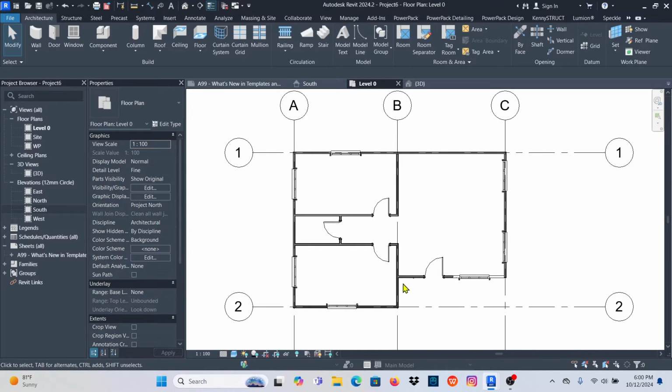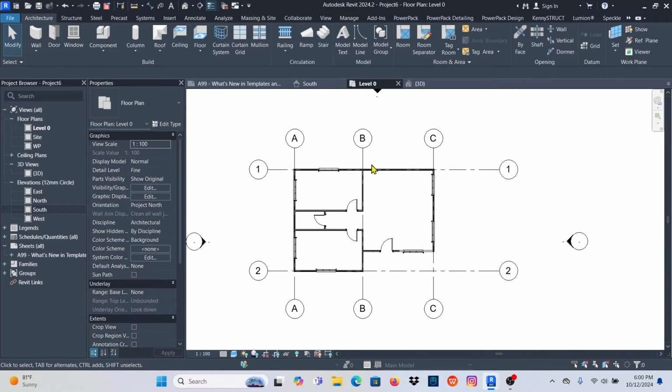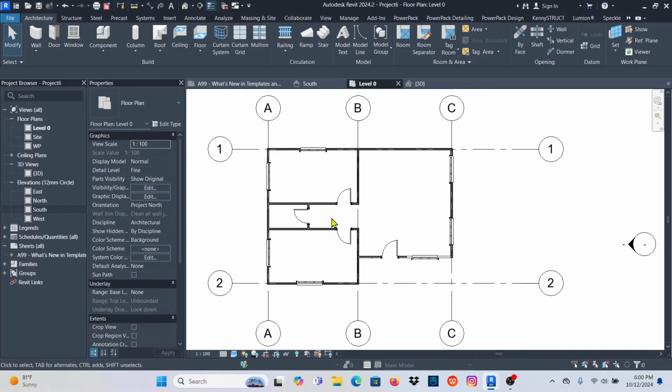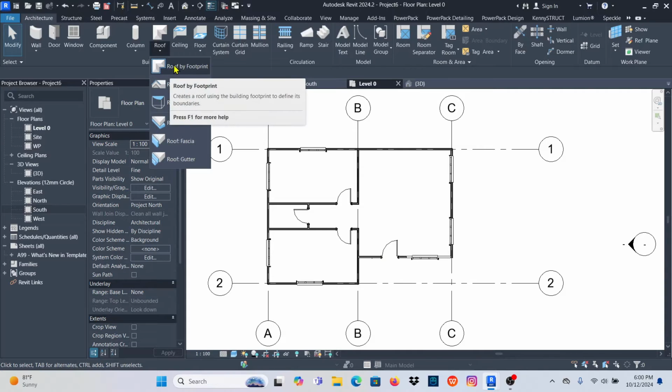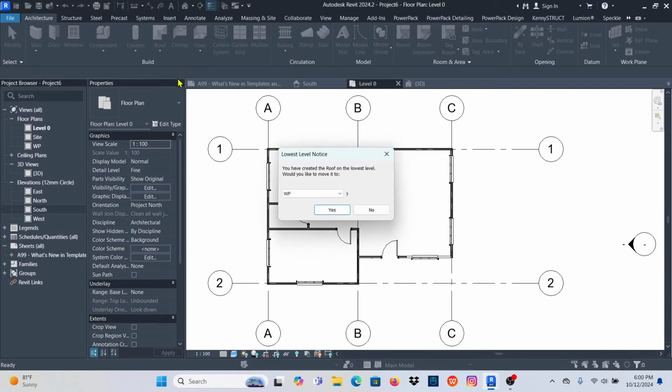Let's proceed and see how we can add a roof to this building. To add the roof, again, it's quite simple. You just need to go to architecture. You just need to click on roof. Now we have so many methods of creation of a roof. We are just going to use roof by footprint. Just click there